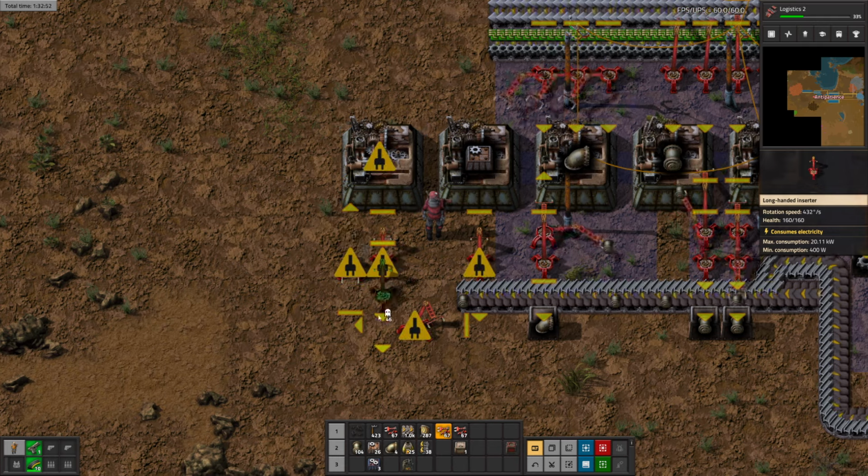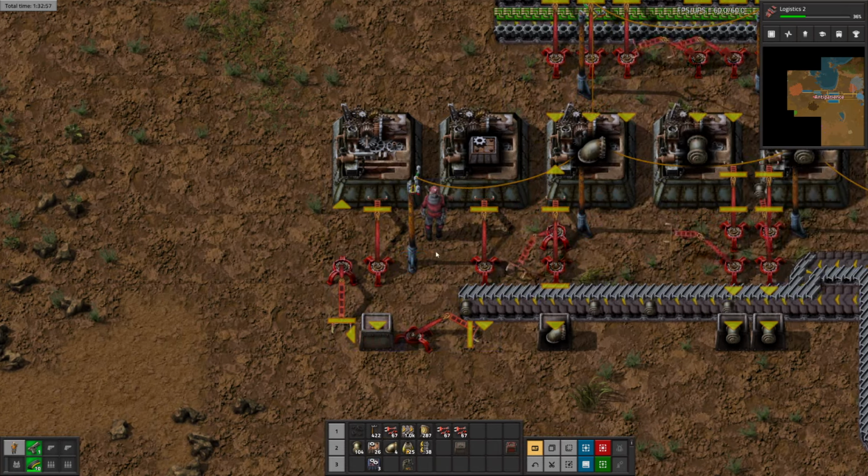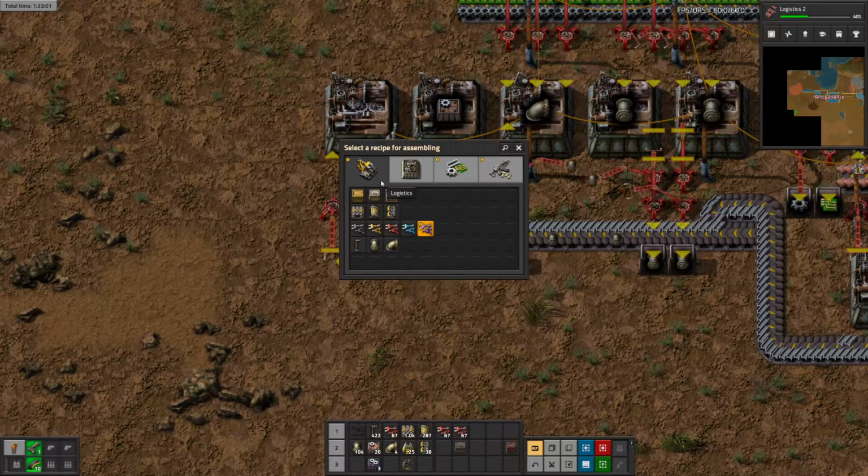Does this work? Yeah. Okay. Doing like a little tight little angle like you do with regular inserters uses a lot more space with long